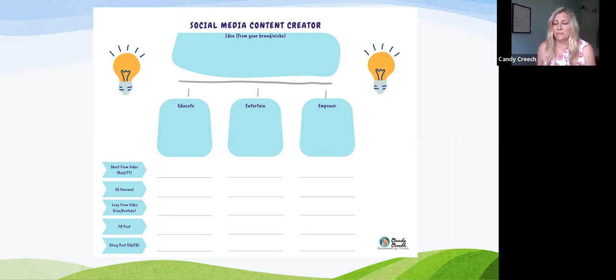The second one is Instagram carousel. Honestly, that is kind of going out. I think you could still post short Instagram carousels maybe once a week. So that's something that you can do. Long form video, of course, that's your YouTubes and that's your lives. And you definitely still want to have some long form video.